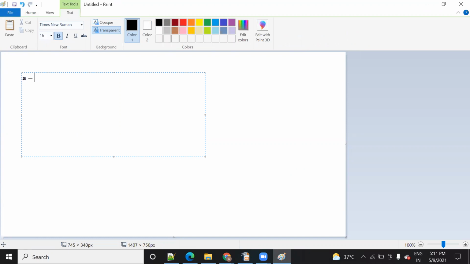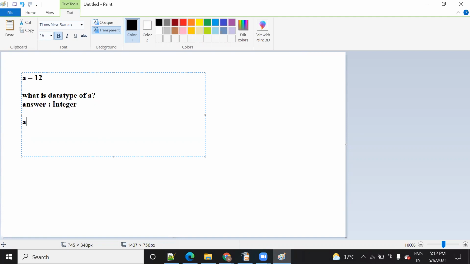Suppose A is a variable holding 12. What is the data type of A? It is an integer, right? And it is holding 12 as data.